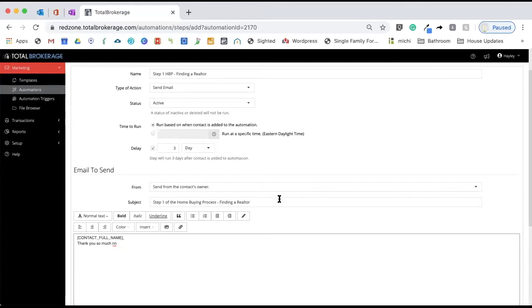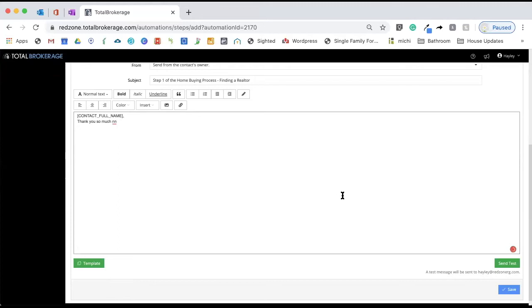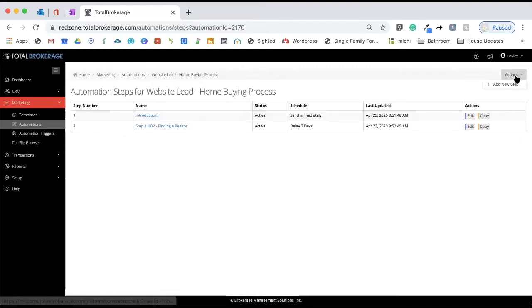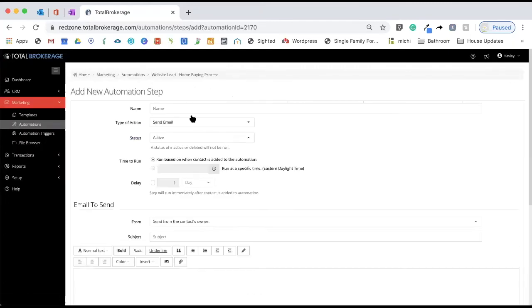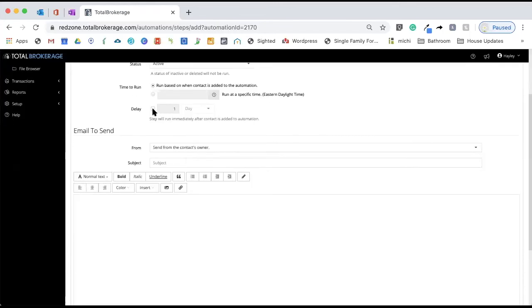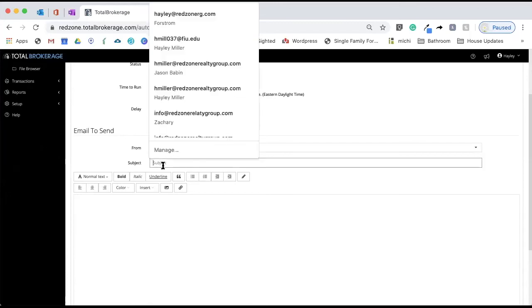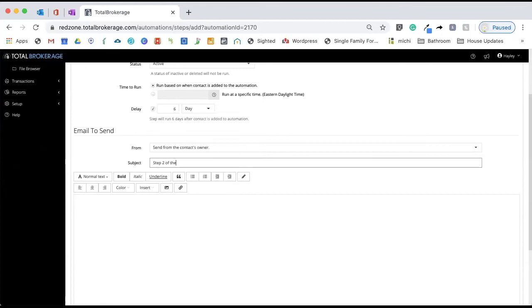So you guys get the idea on the content that we're creating here. I'm not going to go too far into it at the moment, but you guys kind of get the idea. So I'll hit save on this, and then we'll go actions, add a new step. We'll do step 2, home buying process, getting pre-approved, okay? So then we're gonna run this 6 days because we want these coming every 3 days or so. So we'll say step 2 of the home buying process,